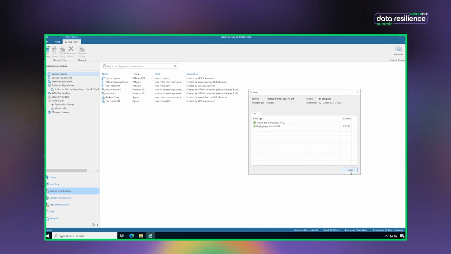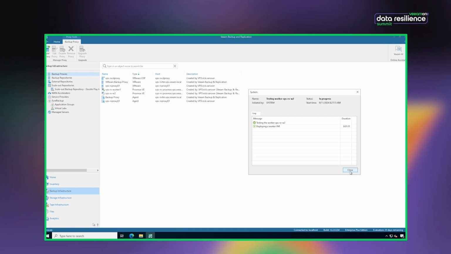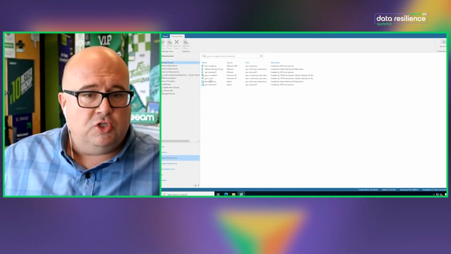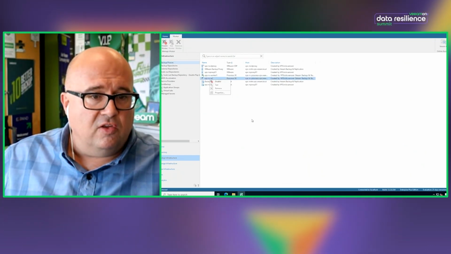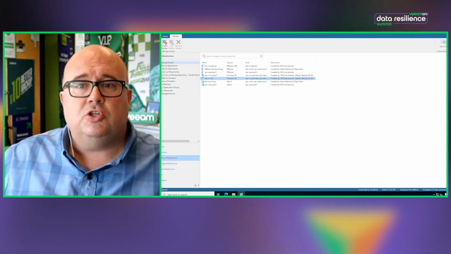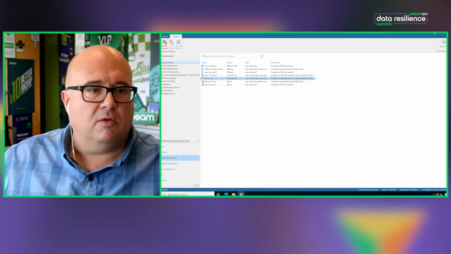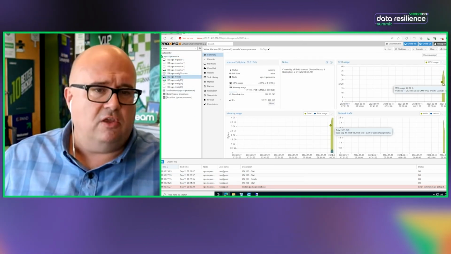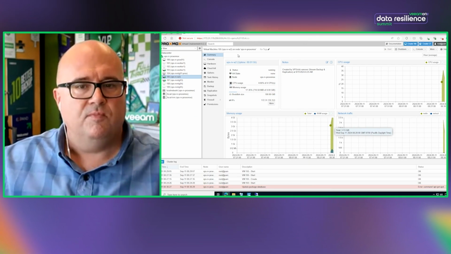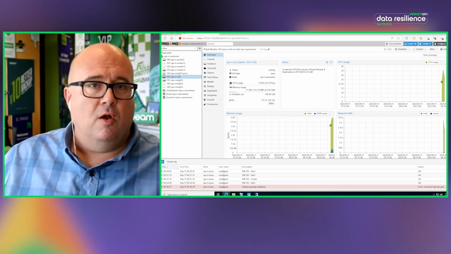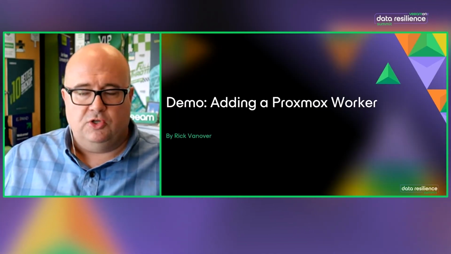Now, I think also what's going to happen here is it's going to boot up, it's going to log in, it's going to double check that the comms are all working, but I know that it will. So I'll come back to that. I'm going to go back over to backup infrastructure. Worker 2 is there and it's still being deployed. So I'll just let that finish up. But I can tell you if I go back to the Proxmox host, you will see that worker 2 is still being powered up as we go. And you can see if you've not used Proxmox, here's a quick, easy look. Very intuitive to use, but that is how you deploy a worker in Proxmox. So good stuff.